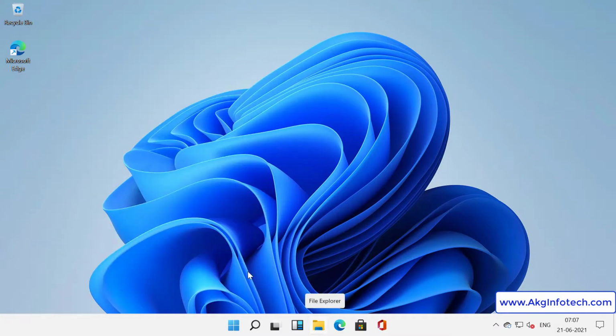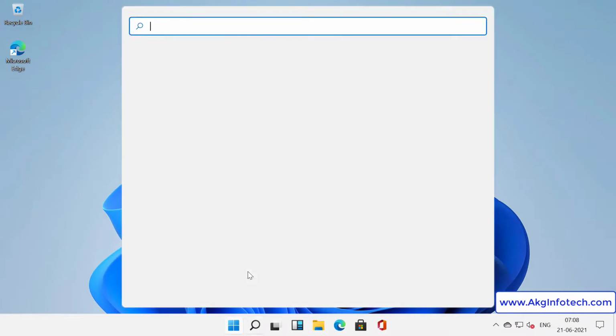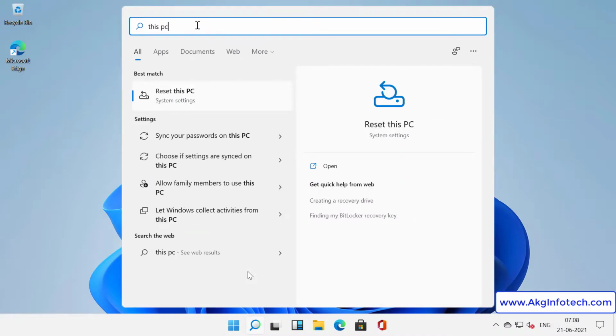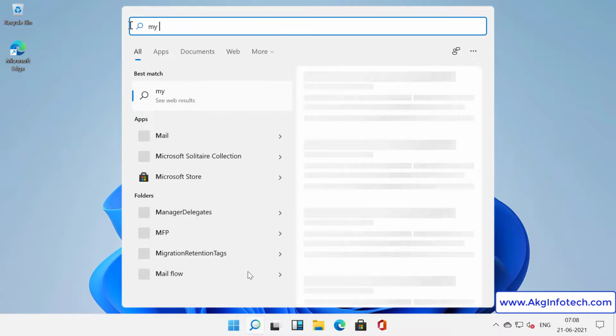Next icon is File Explorer. Friends, if you try to look for this PC, computer or my computer, the search won't show up. Let me show you how you can get that easily.